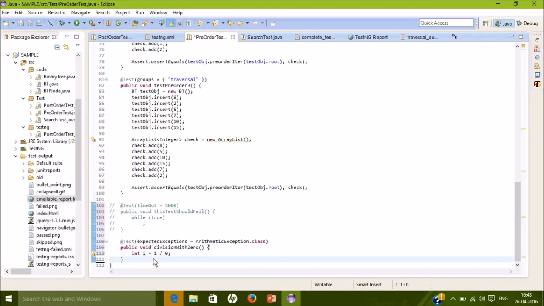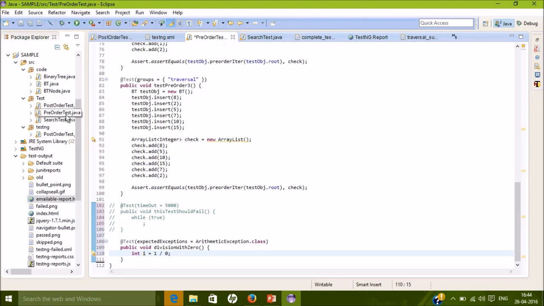This method is used to demonstrate how we can add expected exceptions to our test methods. As you can see, if the expectedExceptions parameter is not added, this method will give an error as we are dividing a number by 0. But now that I have added ArithmeticException, this will not give an error.